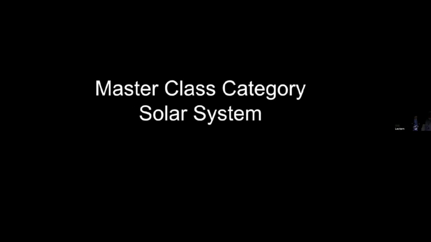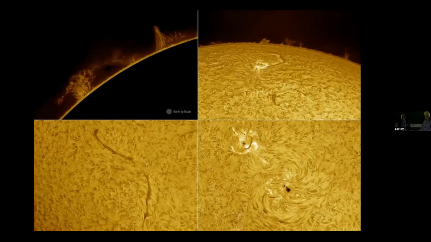Well, there's some master class, there's general, and there's a youth category. So the master class, the solar system ones. So I'm presenting those. I don't know if any of the winners are here or on Zoom. I would hope if they are, they might let us know. So let's find the winner of the masterclass solar system. There it is, Gary Crawford, Sun and Prominences.